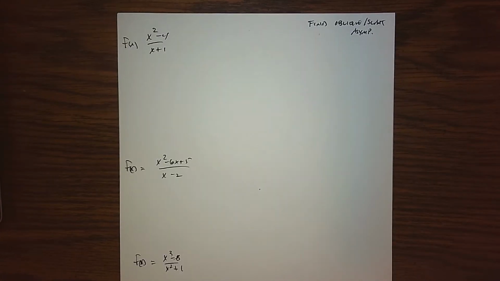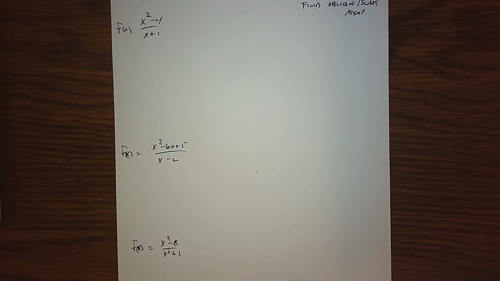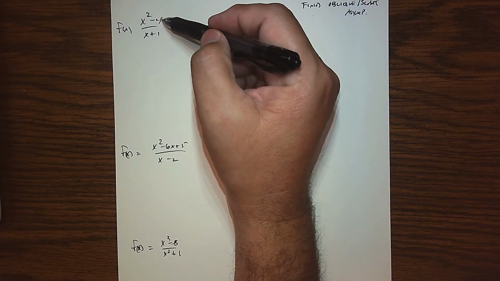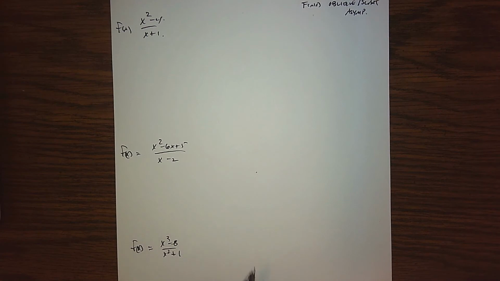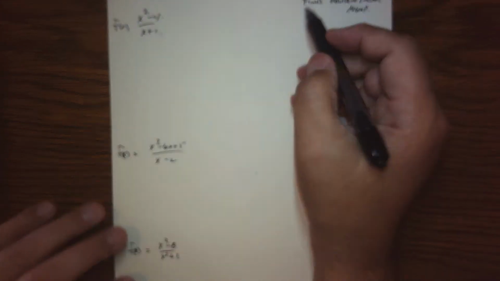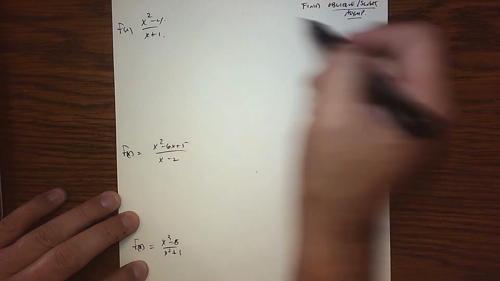So the theory basically tells us that these three functions have oblique, or what we call slant asymptotes. Again, the reasoning behind that is the degree up in the numerator is bigger than the degree down in the denominator, right? So that's the case for all these. So to find the end behavior, to find that slant asymptote, what we're basically going to do is actually perform